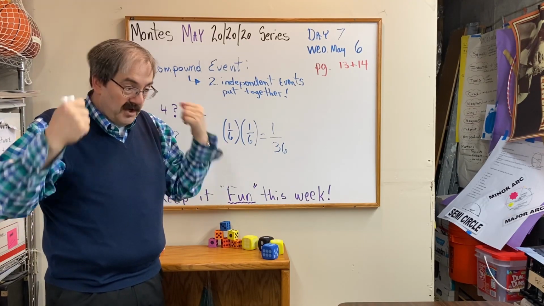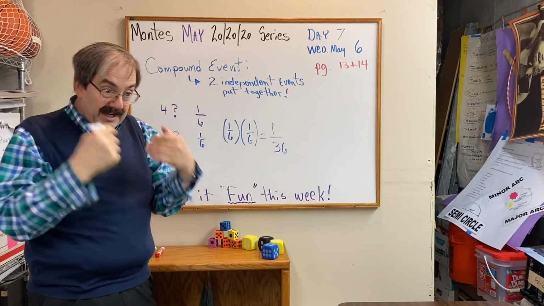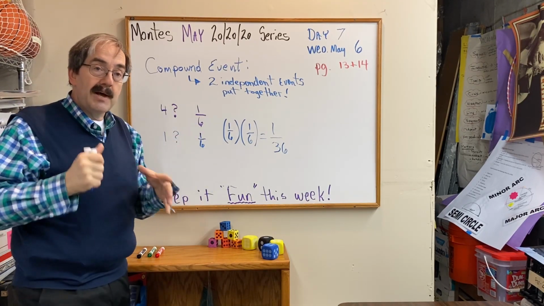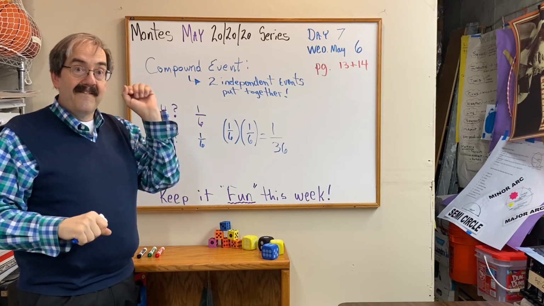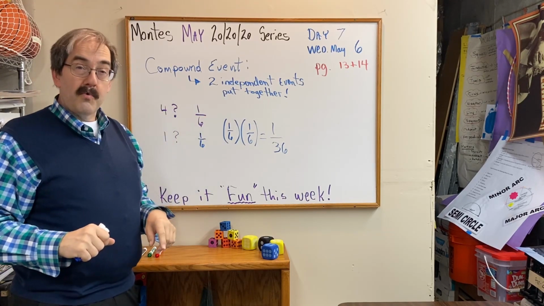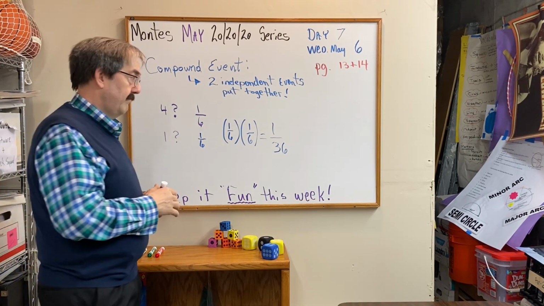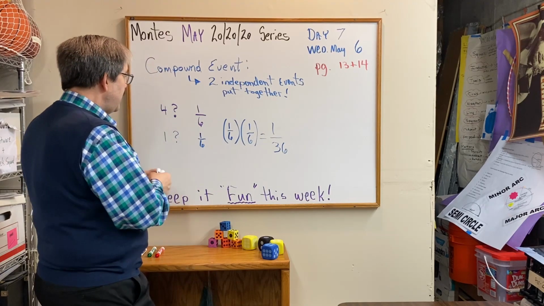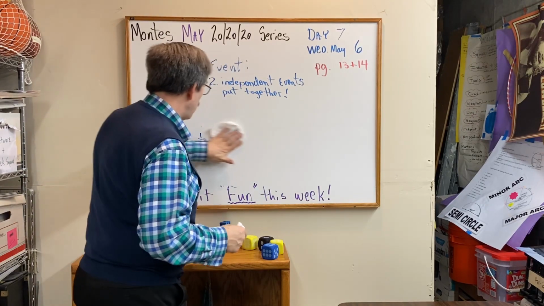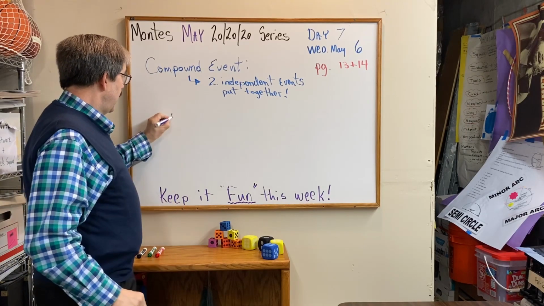So enjoy dice today, enjoy dice tomorrow, and the reason I wanted you to play Yahtzee is 5 dice. Imagine you want to roll a Yahtzee on the first roll. To roll a Yahtzee on the first roll, 5 dice. Let's say you want